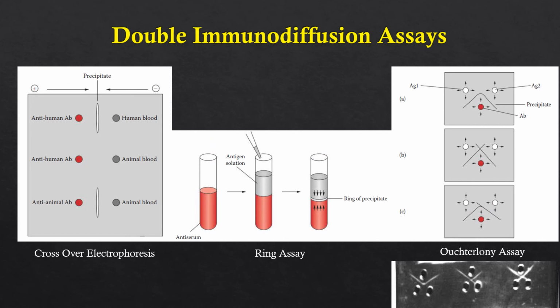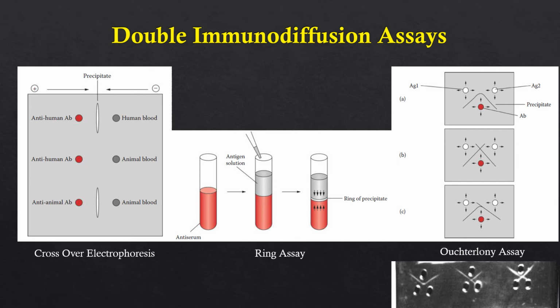Few more techniques are also there to identify the species. These techniques are called double immunodiffusion, in which, as you can see, the simple concept is that both antibody and antigen are going to diffuse at one time from opposite sides, and a precipitate will be formed. So otherwise you can call this test the precipitin test also. So the first test, the simple test which we can understand,